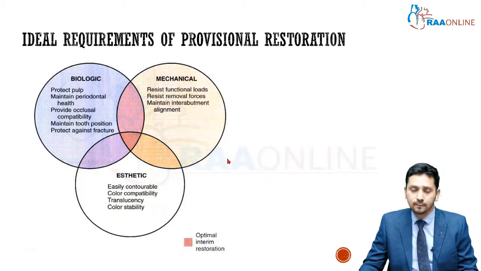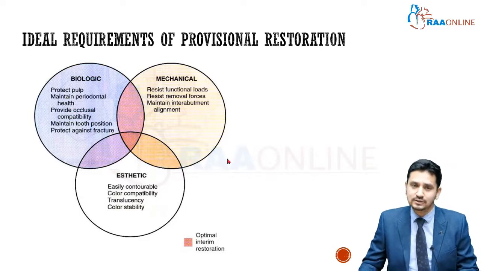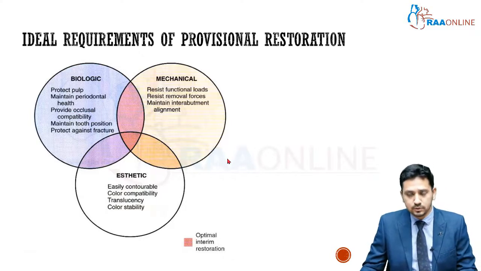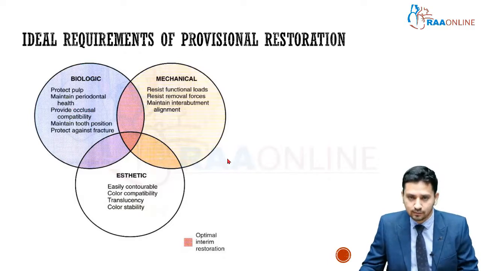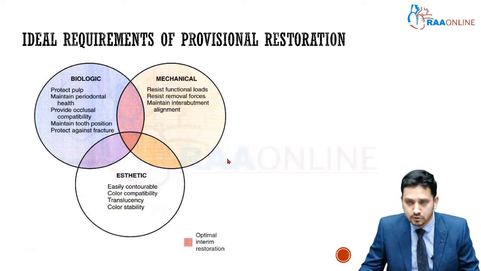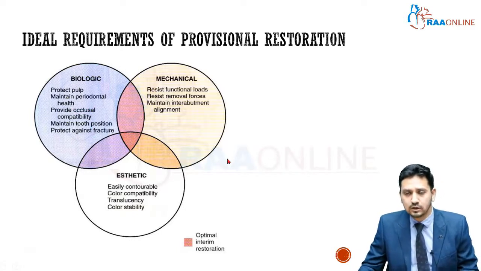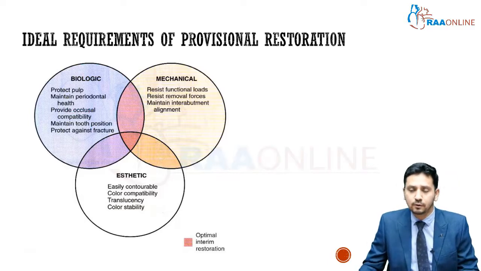Say you have a missing 1-1 and your treatment plan is to give a fixed partial denture, that is a tooth supported fixed partial denture. So for this you are using abutments as your 1-2 and your 2-1. Both your 1-2 and your 2-1 are vital teeth. So after preparation of your vital teeth 1-2 and 2-1, you have to give this provisional restoration. This provisional restoration is given to protect the pulp from damage. After you prepare, the tooth becomes sensitive. So the patient will have extreme discomfort if you do not give this provisional restoration. This provisional restoration will avoid discomfort for the patient.